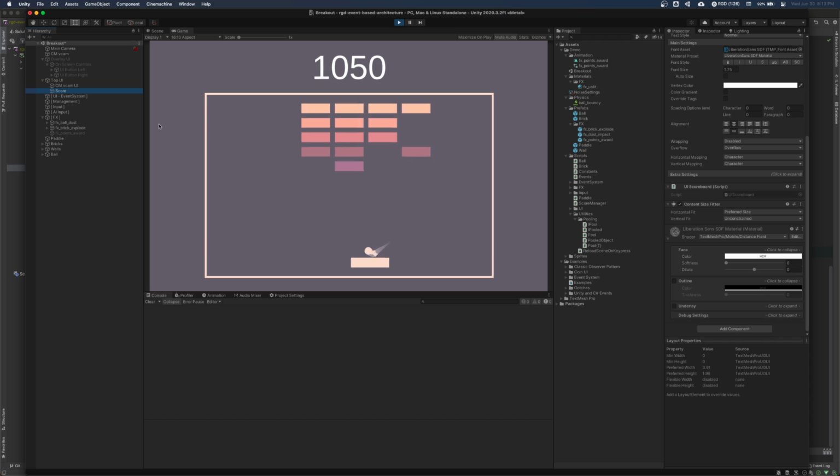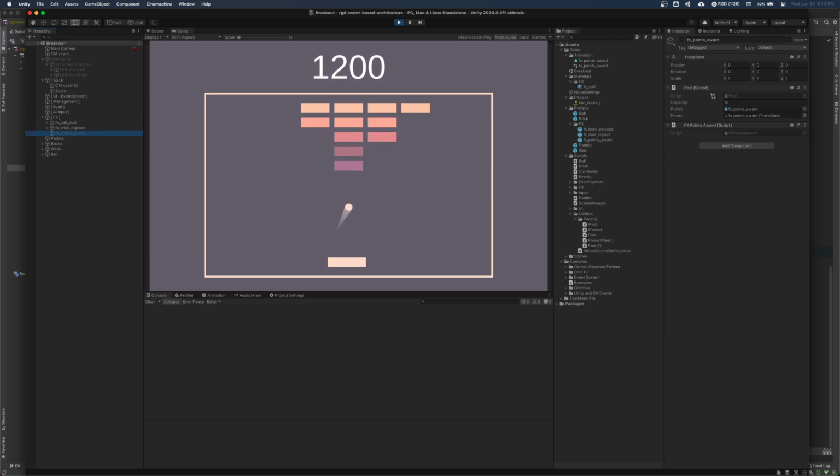Maybe we also want to show, your designer comes and says, oh, this just isn't enough feedback. We really need to juice it up. The player really needs to feel satisfied every time a brick breaks, and they need to know that they really earned something. There's not enough tight correlation between the score and the bricks, and we just want to increase that a little bit. And you go, okay, well, they say, well, we want to have some kind of display to let the player know that they earned points.